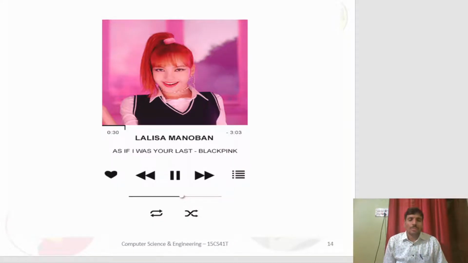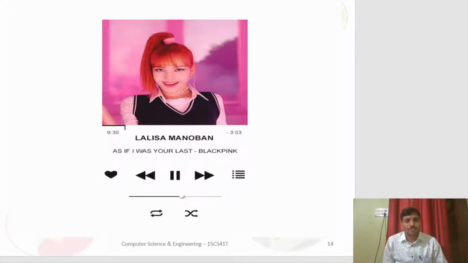Let me show you one more example which we use in our day-to-day life. Who doesn't listen to music? Of course, everyone will listen to music. In mobile, there is a music player, right? You can see this symbol, one pointing towards forward and another pointing towards backward. If you click this one, it will start playing the next song, and this is the previous song. So how exactly are they framed in the memory or the file? They are linked with one another. This points to the next song. So here, linked list concepts or data structures are utilized.